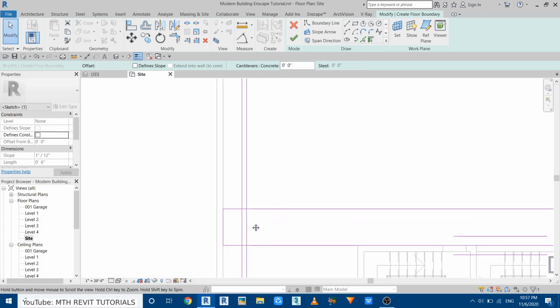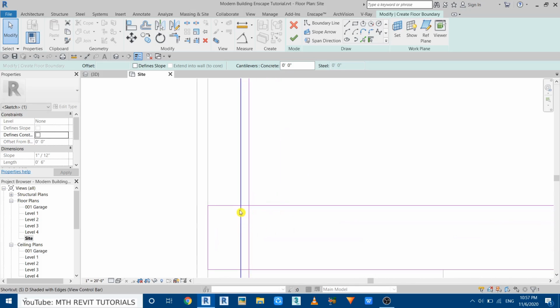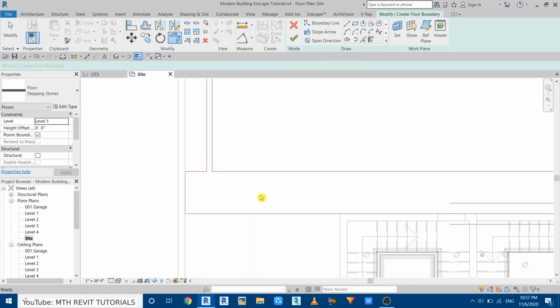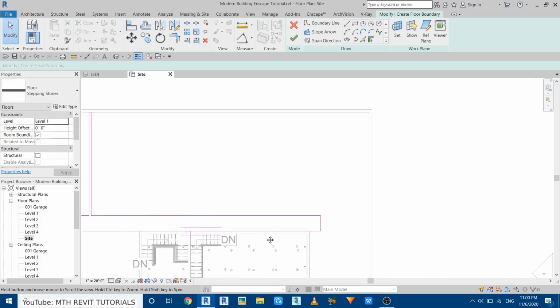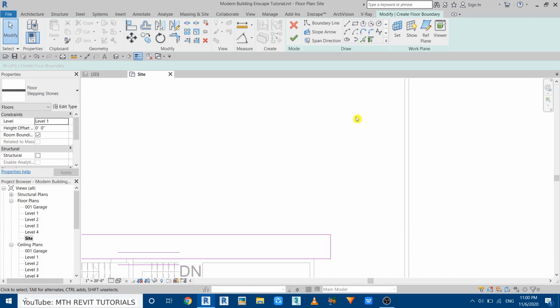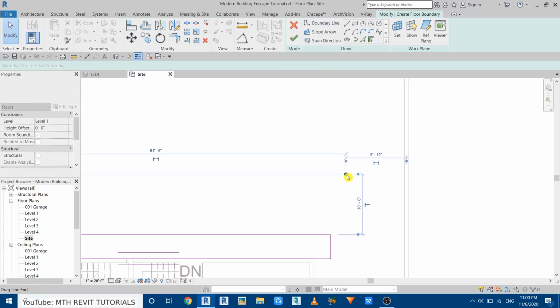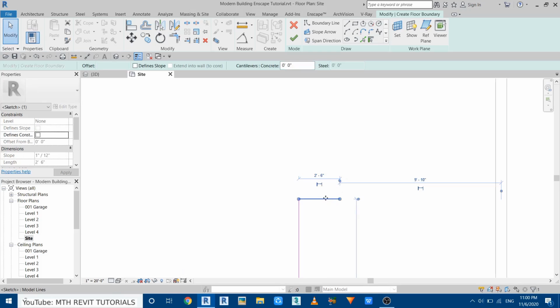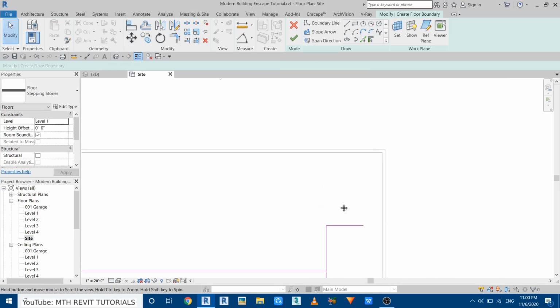Now on this side we need to split this line, so SL to split and then TR and just trim these lines. Perfect. On this side also I want to extend this, so use pick lines and give a 14 feet offset and pick this line. Now let's extend this a bit and then use TR and trim this line. Perfect. Let's select this one and make it 8 feet like so,